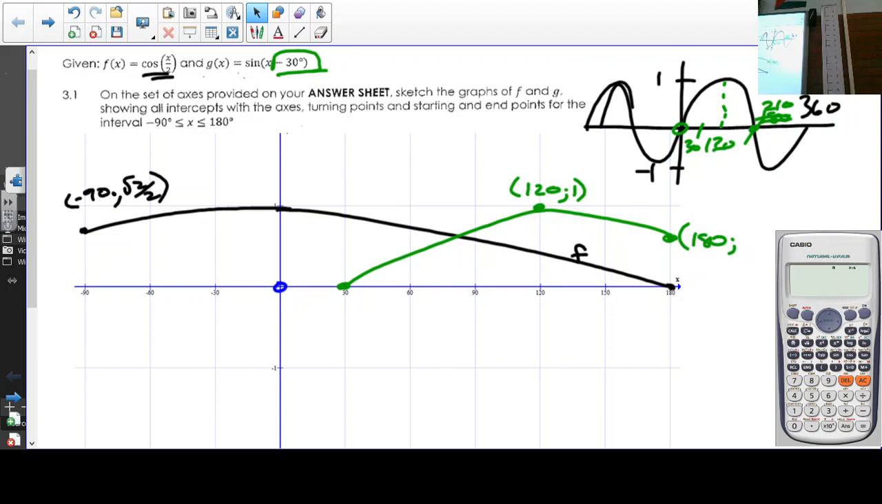Okay, so we now say 180 minus 30, sine of 180 minus 30. That gives us a half. Then of course this part of the graph here, that is normally negative 90, but it moves 30 degrees in that direction, it then gives you negative